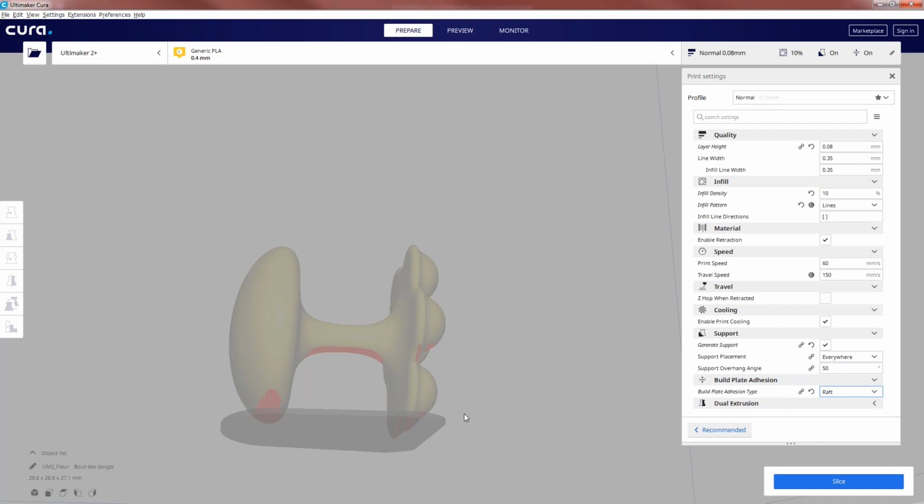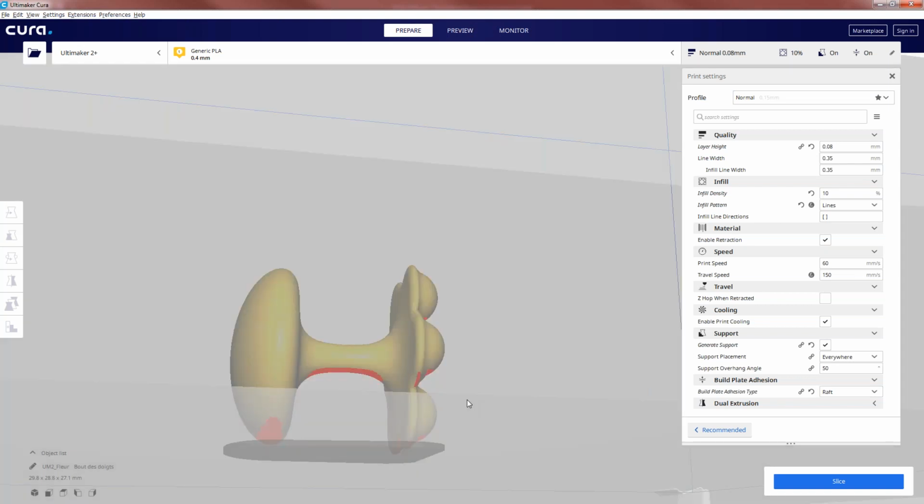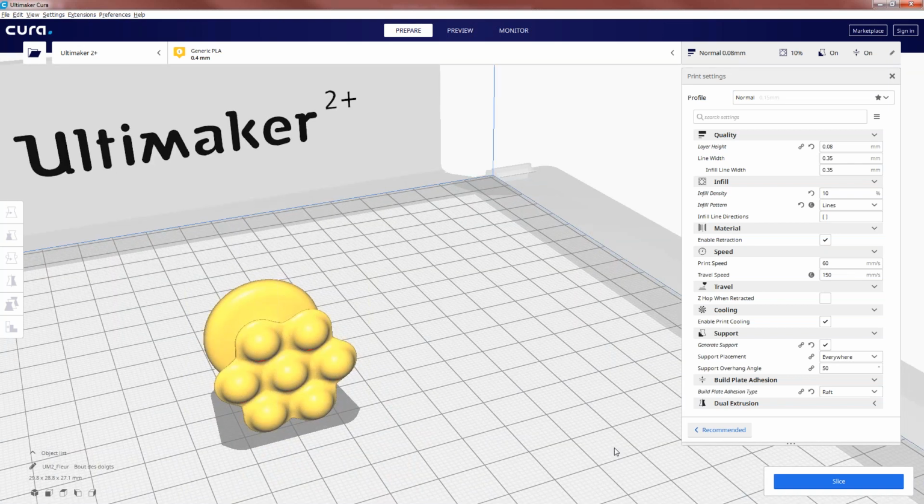Raft means the entire part is made on top of a base layer. Once I slice it, it takes 1 hour 13 minutes and 5 grams of material.